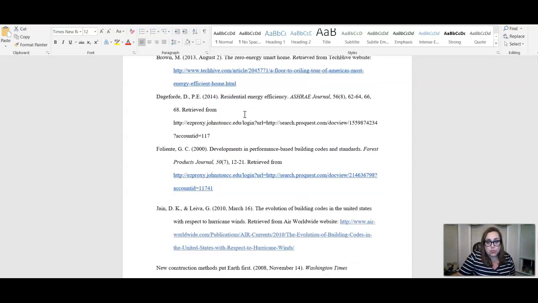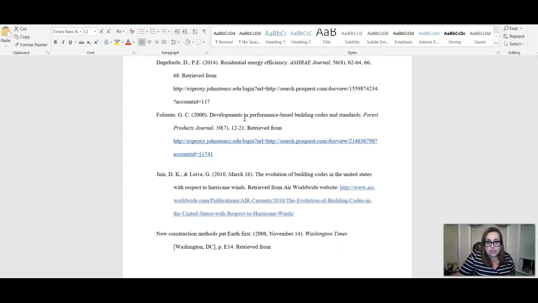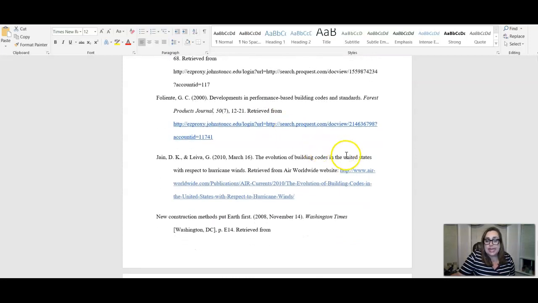Okay, I was trying to see if there was one in here that had a two-part title, but I don't know that he had one. This was a mistake he made. He was trying to follow the rules. This should be capitalized because it's a proper noun. So United States should be capitalized here. Slight mistake, but